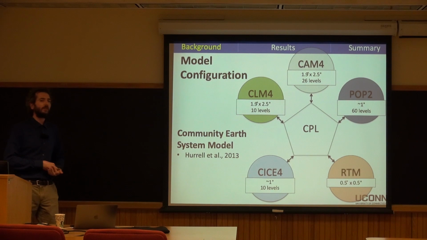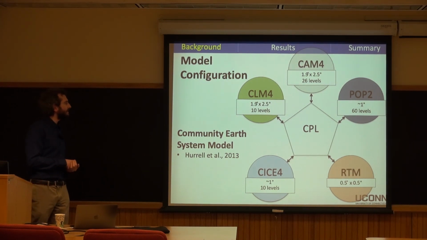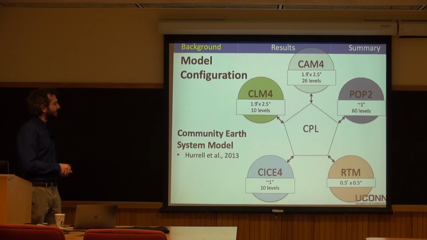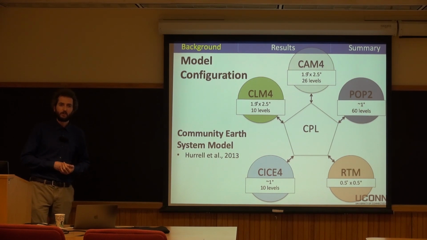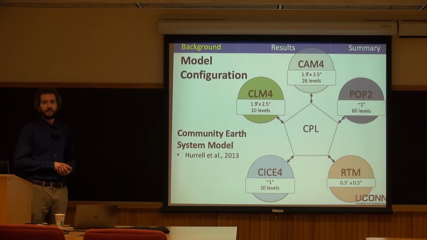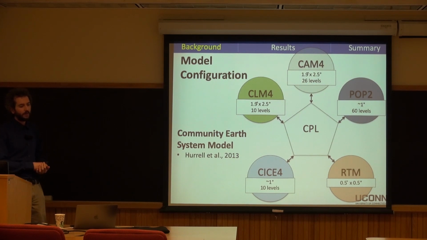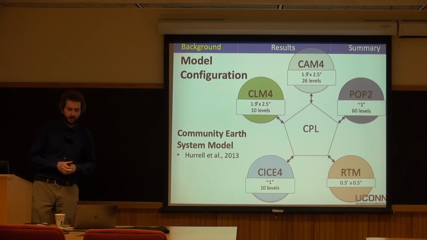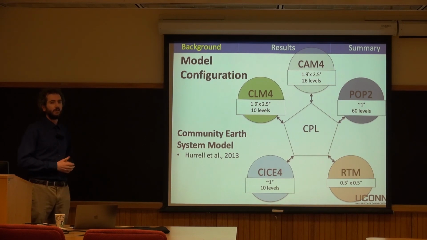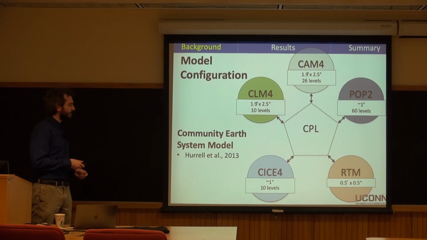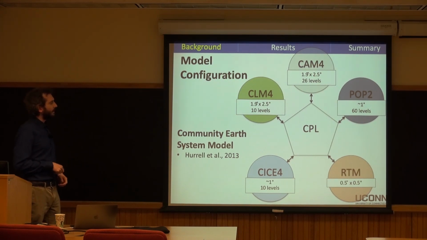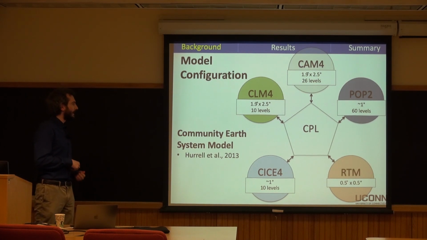All right, so I won't go into too much detail about model setup, but this is where I spend most of my time. So I'll quickly go over how we configure the model for these extreme perturbations as well as for these deep time climate states. The model we're using here is the Community Earth System Model. It was developed at the National Center for Atmospheric Research, and it's a fully coupled Earth system model including dynamic atmosphere, ocean, land, sea ice, and runoff components all held together through a coupler. In this case, I'm using a 2-degree atmosphere and land configuration in combination with a nominal 1-degree ocean and sea ice configuration.